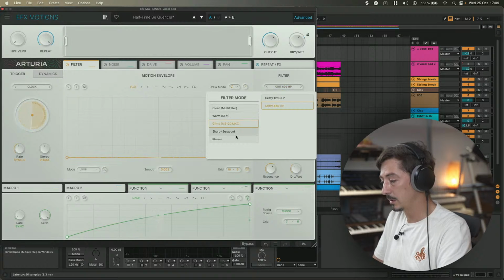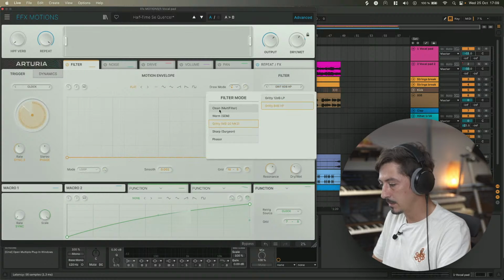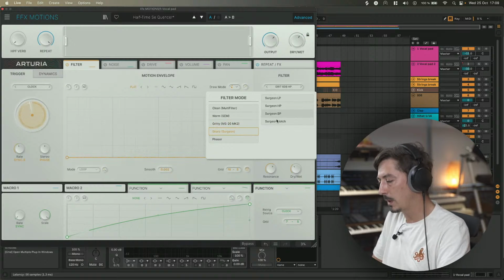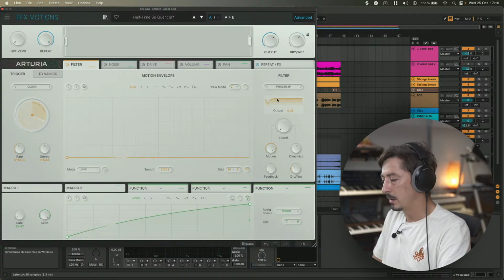You have a pretty nice list of different filters you can access, with a lot of modes for some of them. Like a clean one, a gritty one, a very sharp one. This one is really crazy. But I want something more subtle here, so maybe I'll just go for a phaser, like this. And so